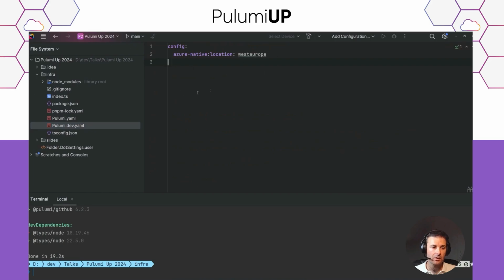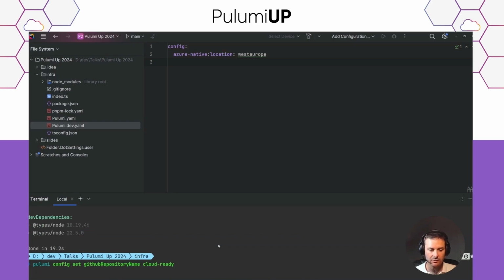So we have a config file that just contains the Azure default location for now, for our dev tag. We could add some new setting with the Pulumi config set command. So GitHub repository name, and we can name it Cloud Ready.